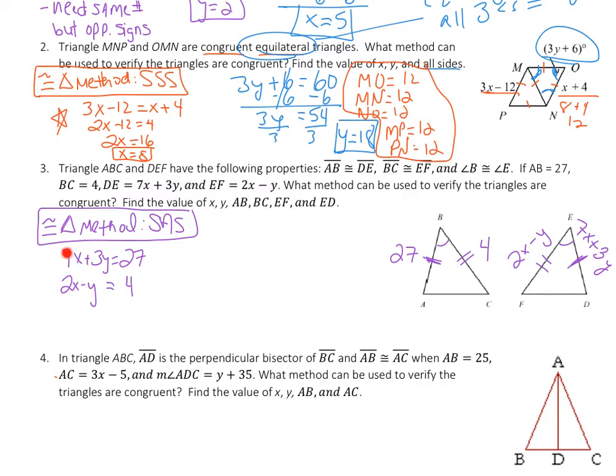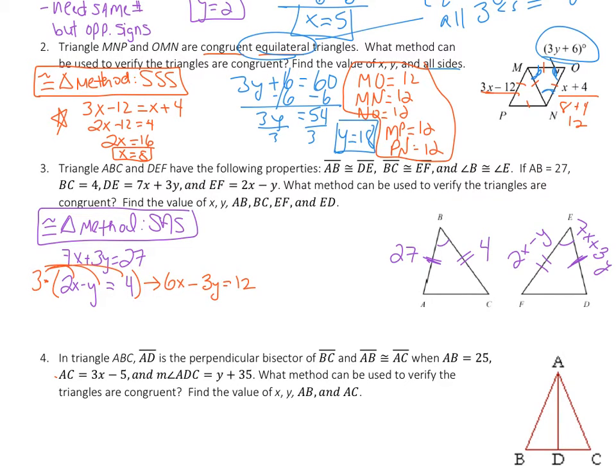So again, if we look at the 7 and 2, the nearest number that both of those would divide into would be 14, and I would have to change both equations. If I look at the y's, I have a 1 and a 3. They are already opposite signs, what I want, but I need them to be the same number. But it's a lot easier to multiply one of the equations by something instead of both of them. So I'm going to make the y's a 3y and a negative 3y. That means that the second equation needs to become a negative 3y, so I need to multiply it by just a regular 3. And if I distribute to all 3 of them,